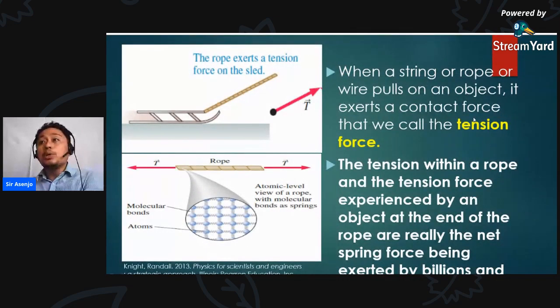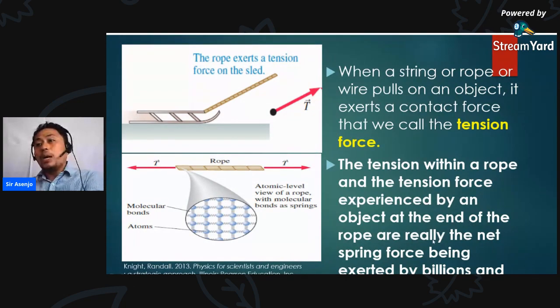Now, a string or rope, this is tension force. A rope exerts a tension force on the sled. When a string or rope or wire pulls on an object, it exerts a contact force that we call the tension force. Because of the presence of the rope, the agent is the rope, so we call that tension force. The tension within a rope and the tension force experienced by an object at the end, in this case, the sled,